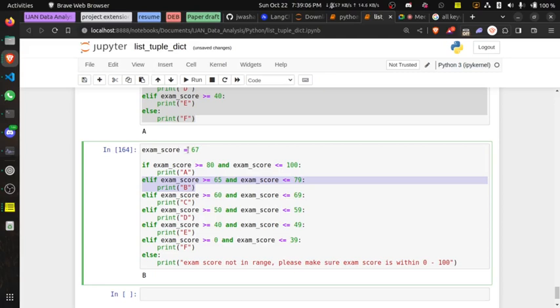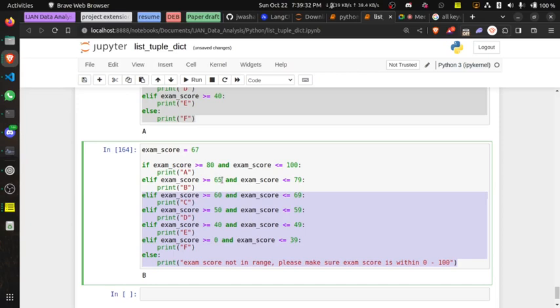Yes, so it's already in this range, and exam score is greater than 79. It's already in this range, so it will just put it B. It won't come to this C. So the way it works is, this first gets questioned. If it is not true, it goes to the next one. If this is true, the rest don't get to be executed. You just get out and print out your results straight. So that's the way it actually works.